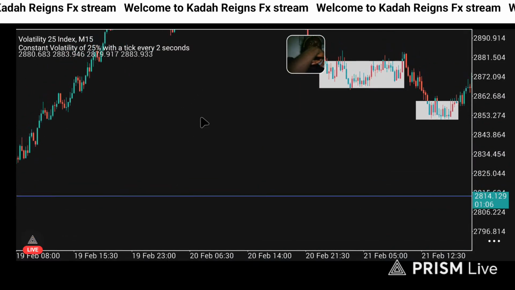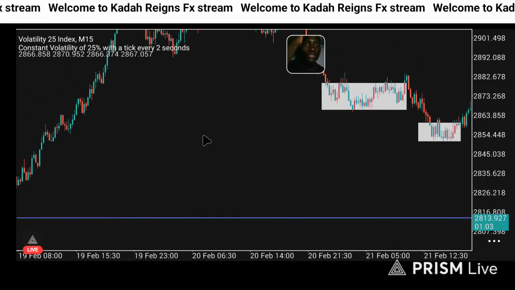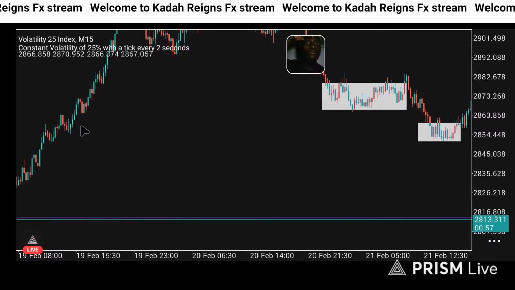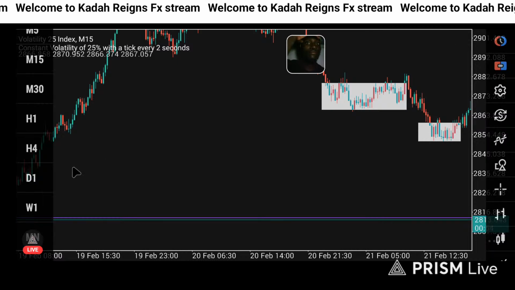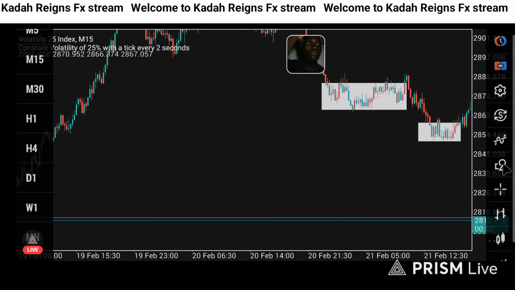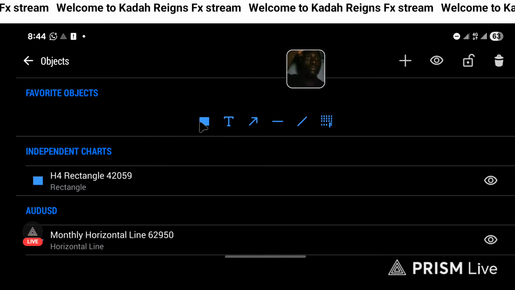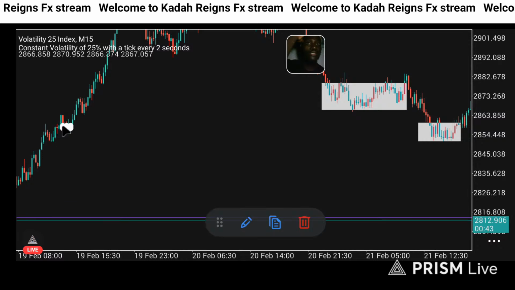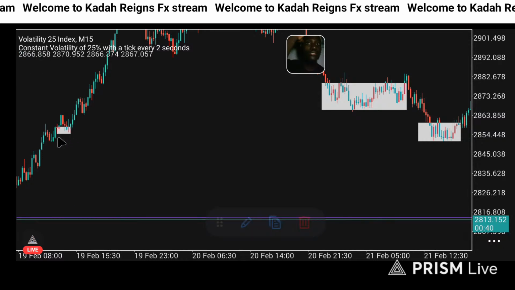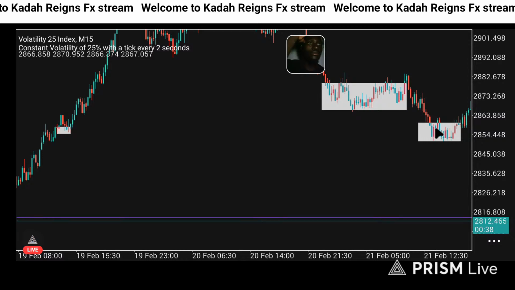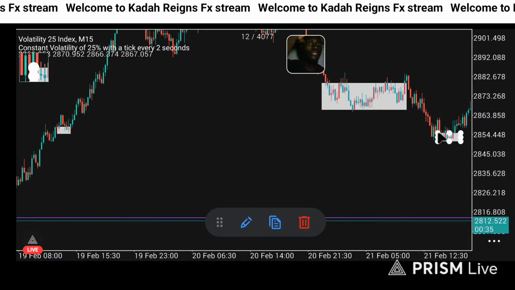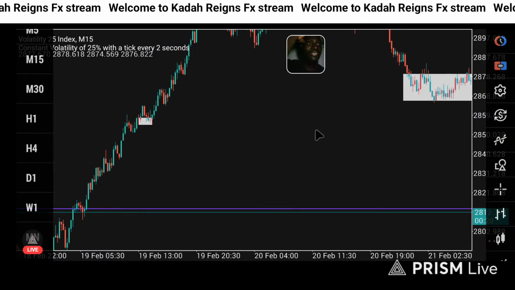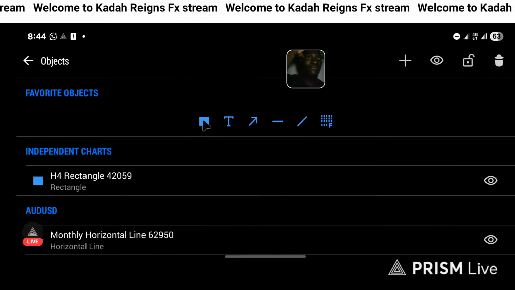And basically you want to be trading support, man. How do you draw a support? Well, it's easy, man. You just have to find the point where price is touching the most. Take it for example. You see, price is touching these levels. Let me take a rectangle and adjust it like so. You see, price is also touching these levels.